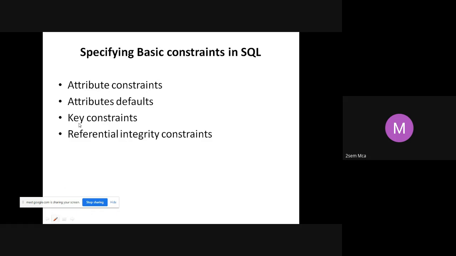These are some of the constraints that we are going to see, and we'll also see a couple of them as to how we can implement them when we are trying to create the table. When we create the table itself, you can specify a couple of constraints. Like in the last class, we saw how we can specify a not null and unique constraint. Let's see a couple of them with examples, while you create a table, how you can specify them.